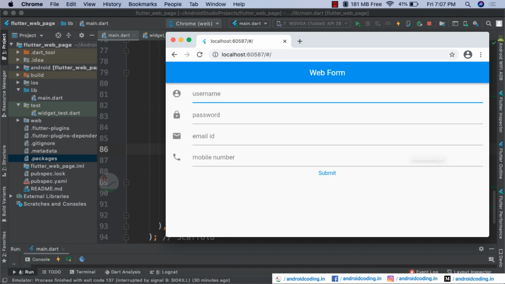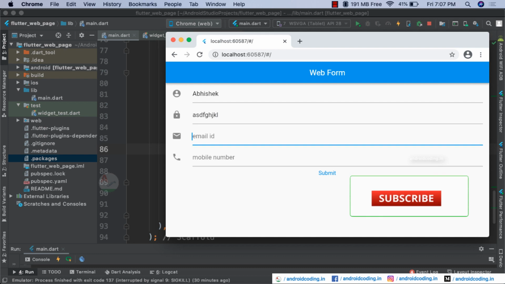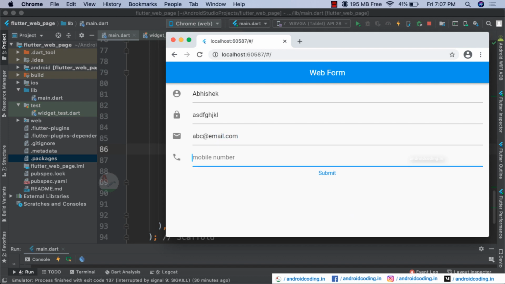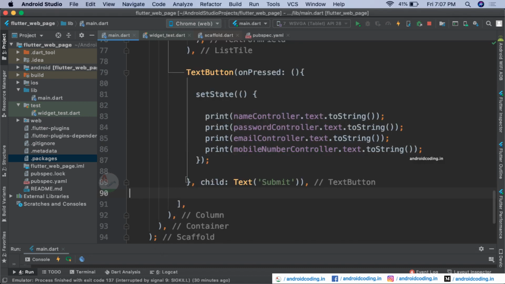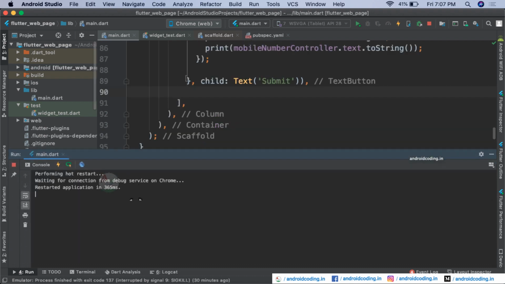So here I'm specifying some dummy password, and some basic email which doesn't exist, and a phone number also. Now try to observe here.